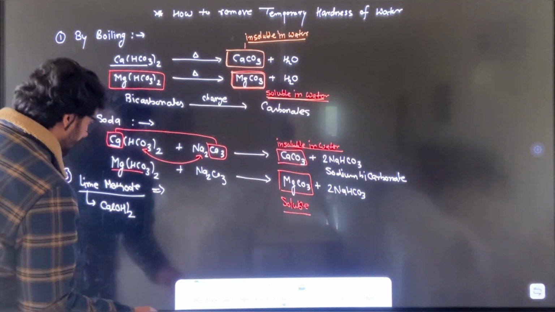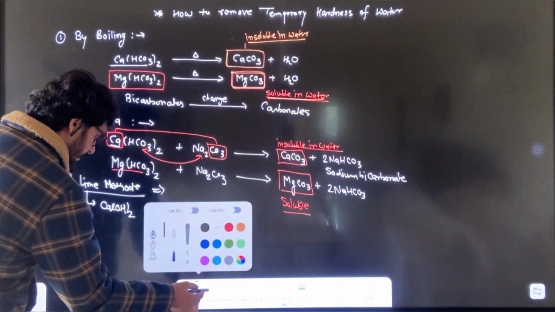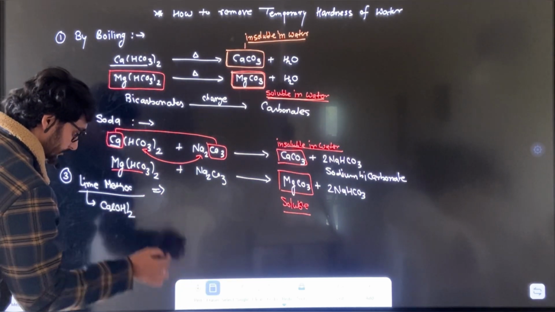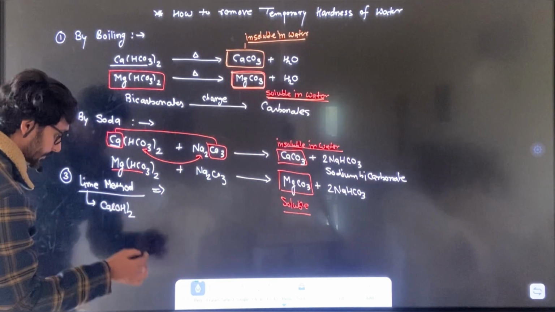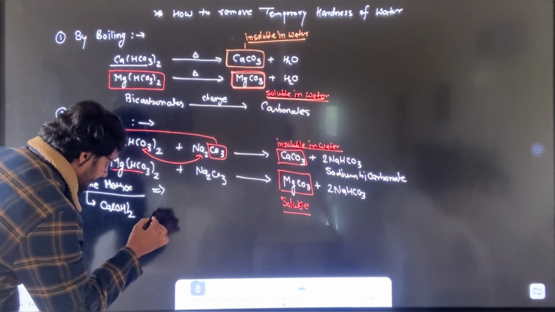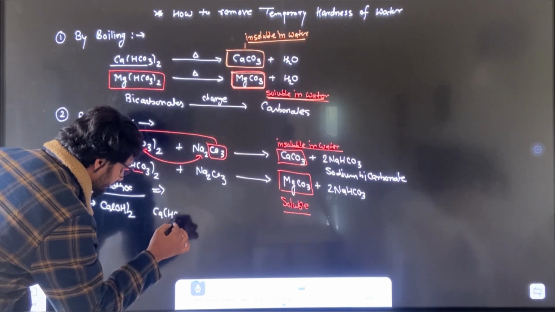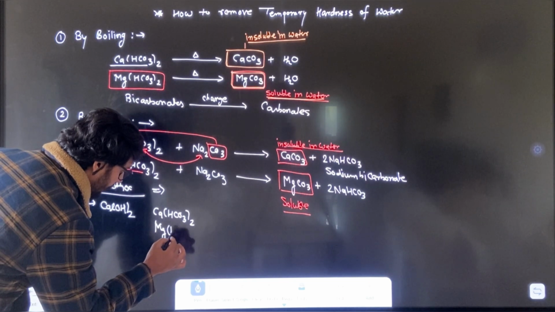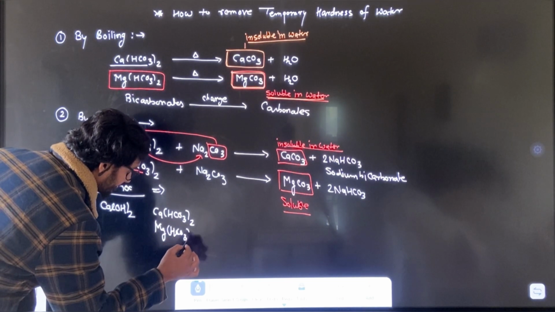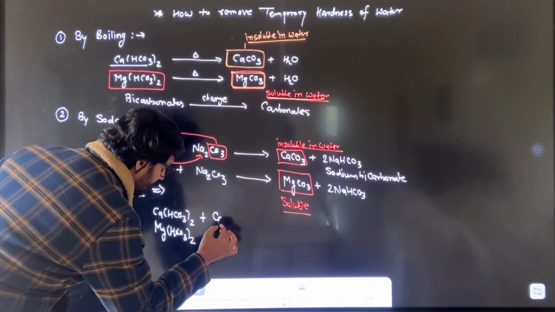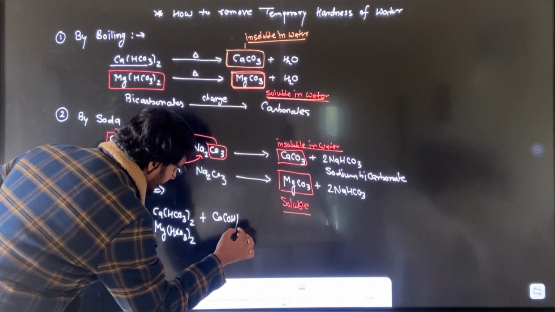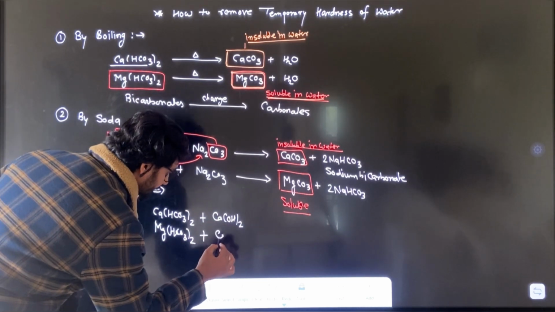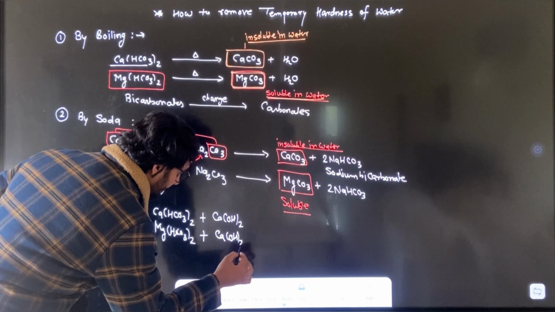All right, so when calcium bicarbonate and magnesium bicarbonate react with lime, it means calcium hydroxide, then